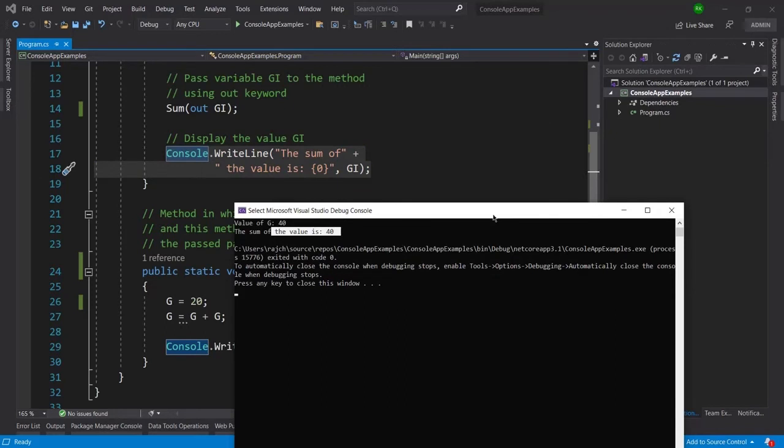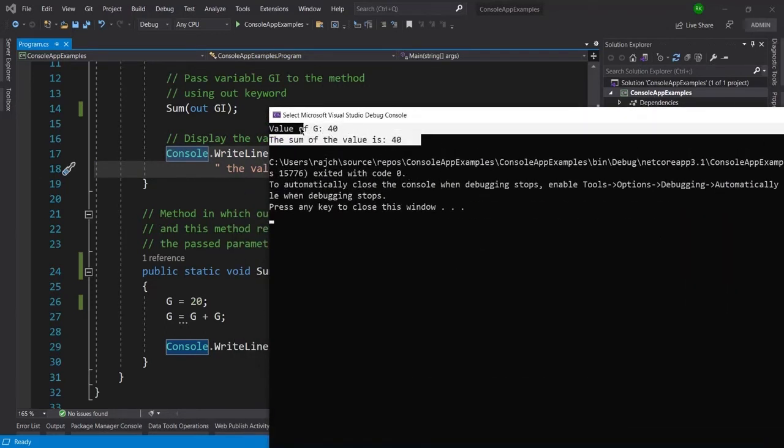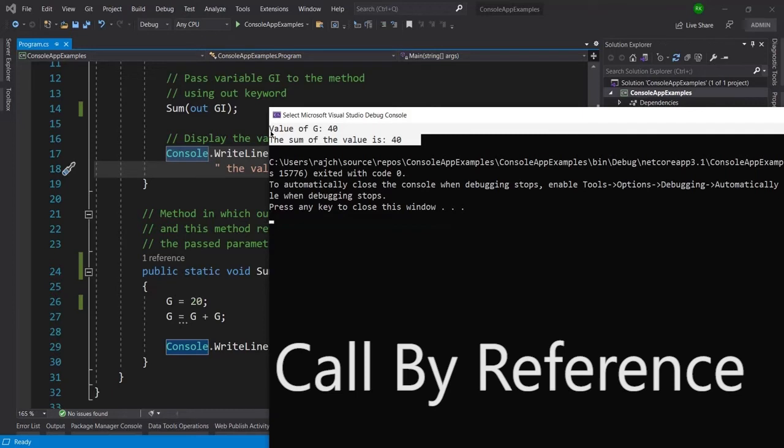Here you can see how this value got printed, the same value. There is one similarity between ref and out: both keywords are used to call a method in the scenario of call by reference.